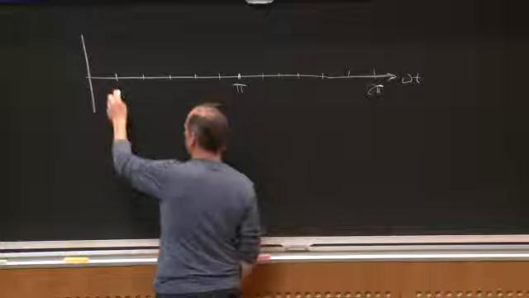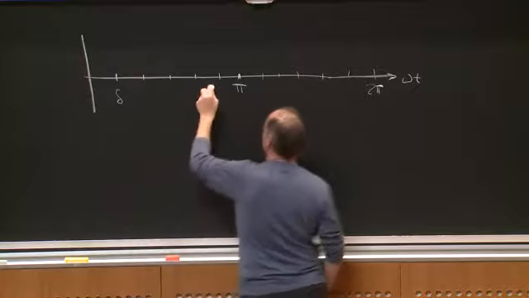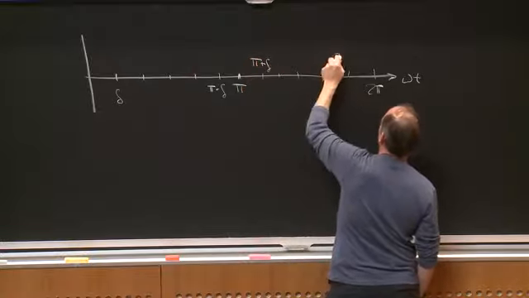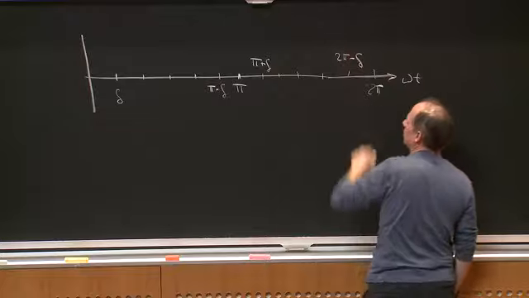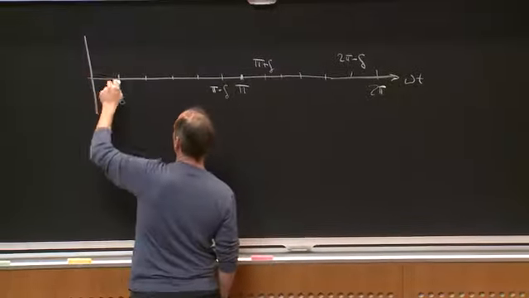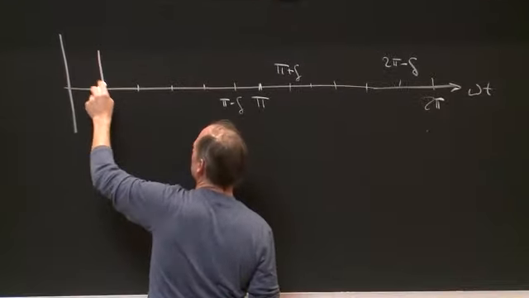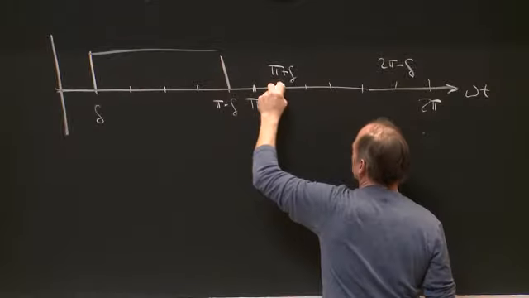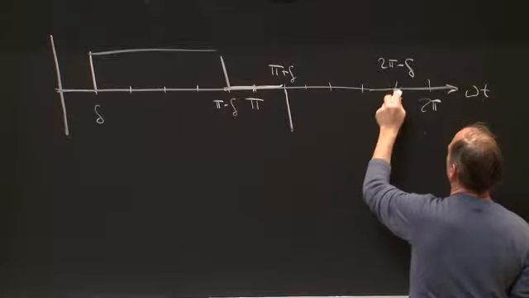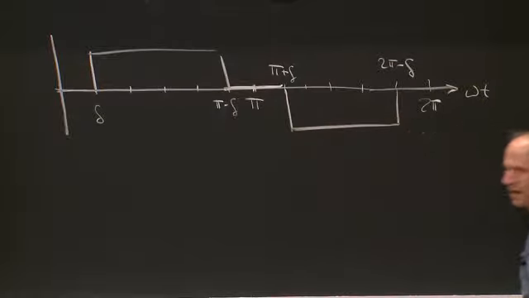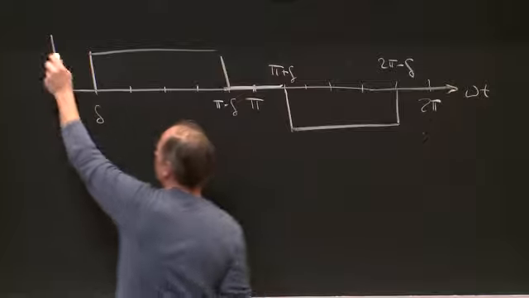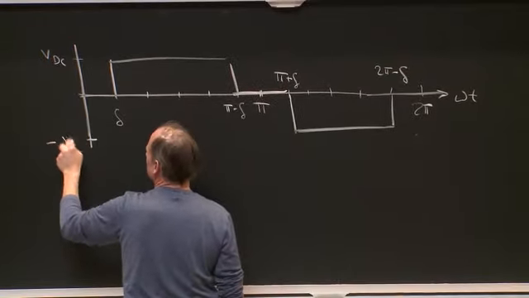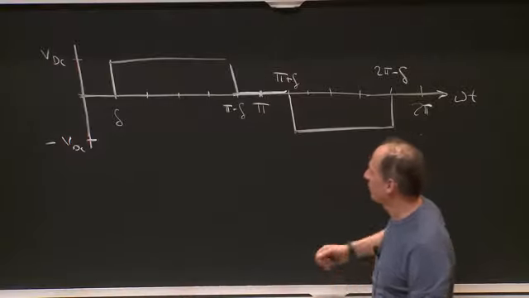If I synthesize an angle, I may have delta, pi minus delta, pi plus delta, and 2 pi minus delta, right? If I synthesize a waveform that looks something like this, and so forth, that is half-wave symmetric. So this is VDC, this is minus VDC, right? This waveform for Vx